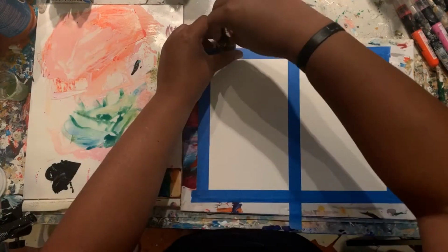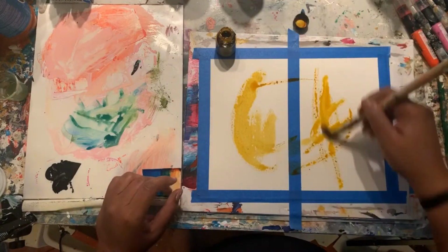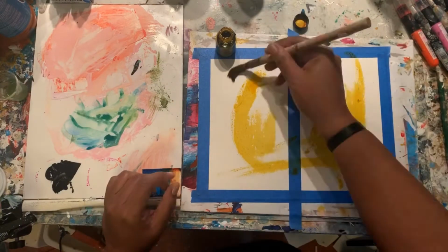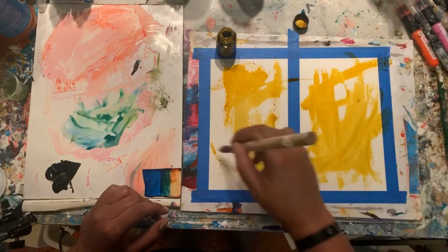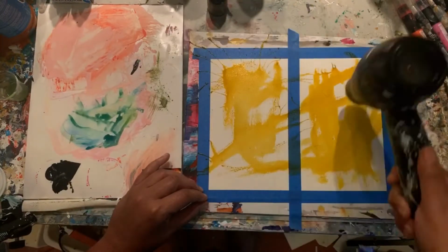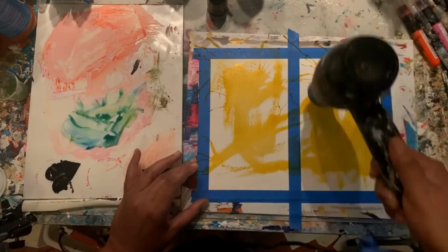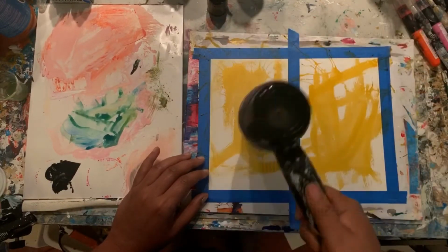Today I'm working on two 5x7 pieces that I'm going to hang in my photography studio. I have personal branding shoots coming up this week and I wanted to make a collage wall. So I wanted some very specific colors to match my client's brand, so I'm going to make some pieces to